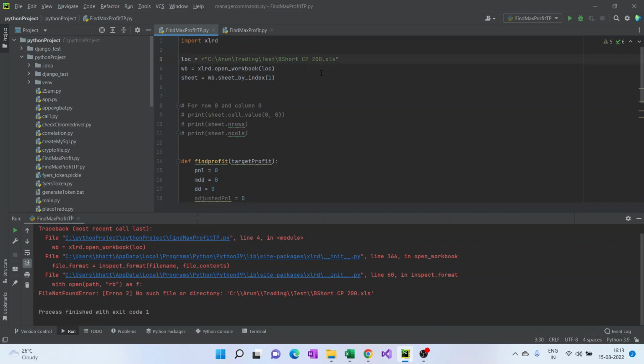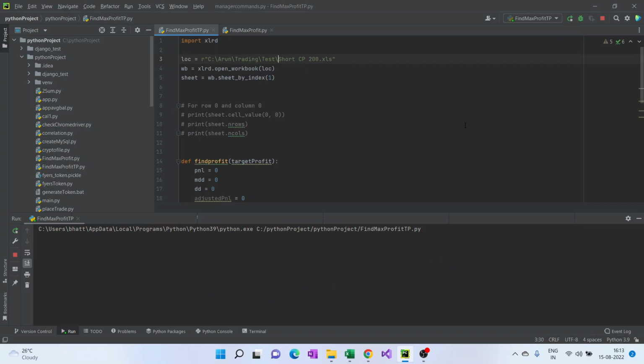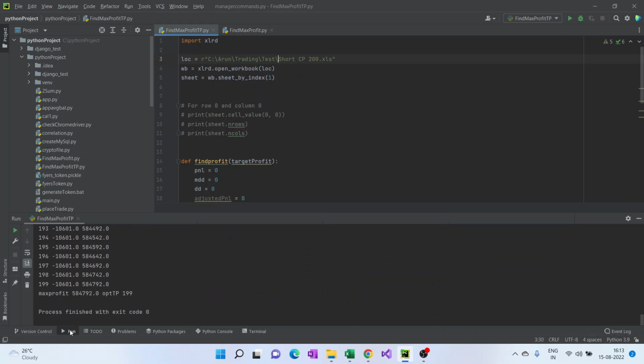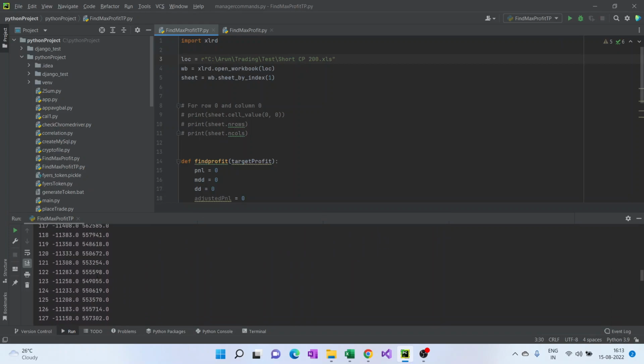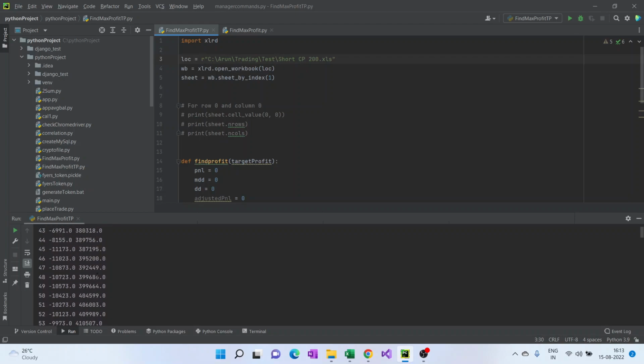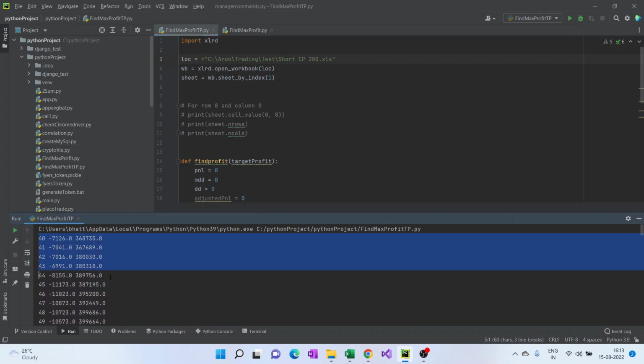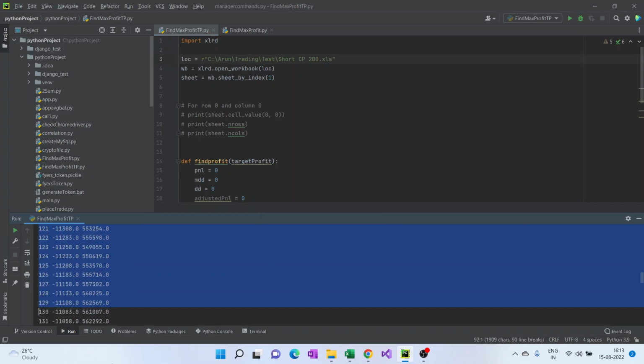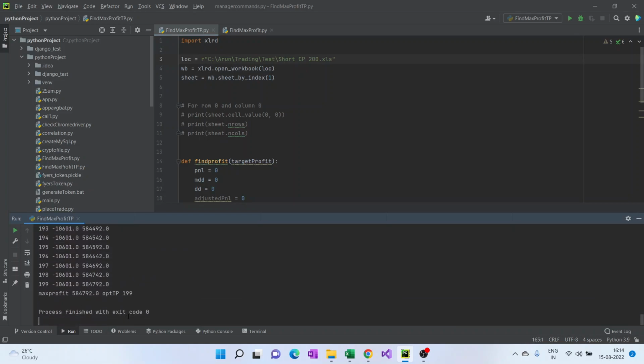Okay, this B, the path is wrong. Yeah. So these are the different target profits and the corresponding MDD and overall profit. So just to analyze, what I will do is I'll copy from here